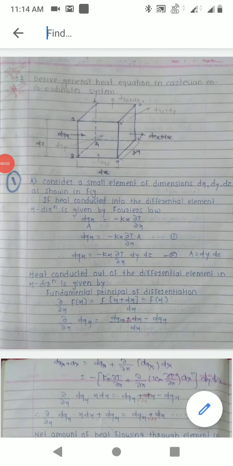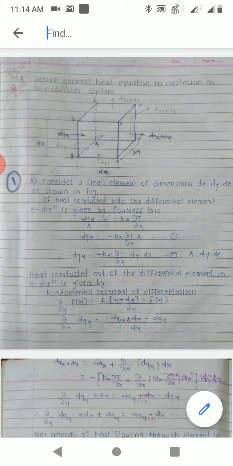So good morning friends. Today we will see the three-dimensional heat conduction equation for Cartesian coordinates. Now in exam, there is always a question about the three-dimensional heat conduction equation for 8 marks. But they may ask about Cartesian coordinates or spherical coordinates. Sorry, cylindrical coordinates.